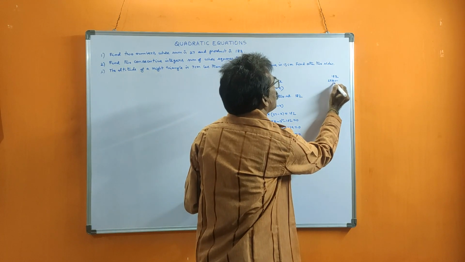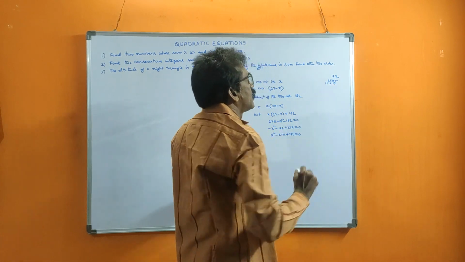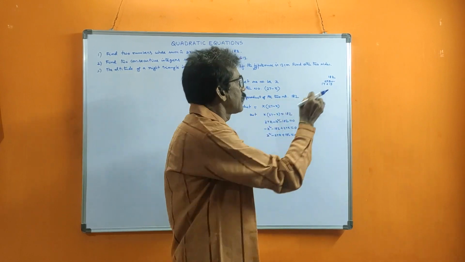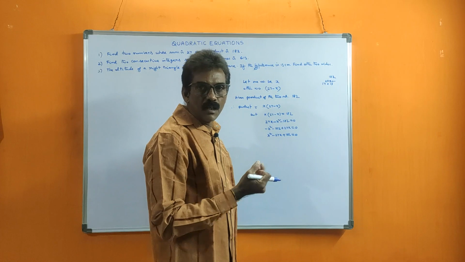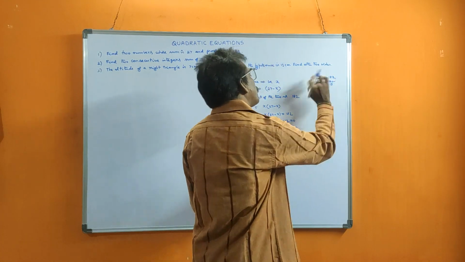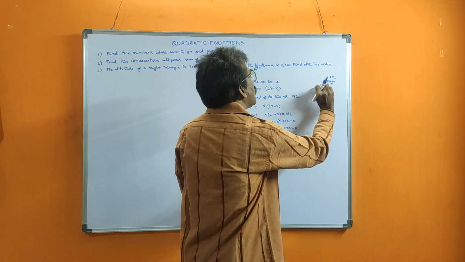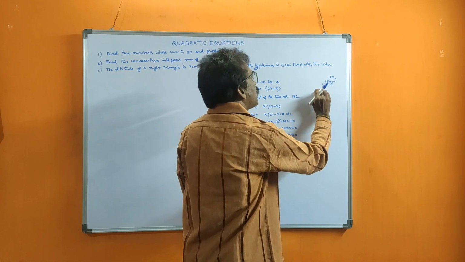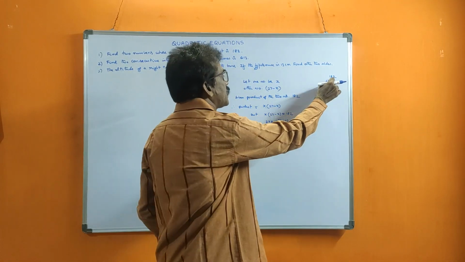With 7 I divided, on this side I multiply. If one side is divided, with the same number you multiply the other side, so the product is balanced. That is the trick. So, with whichever number you are dividing on one side, with the same number you multiply on the other side. Suppose this is not suitable, then with any number you divide. Whichever number is divisible, with that number you divide and with that number you multiply. Again divide with a number, multiply with a number. Like that change the numbers.